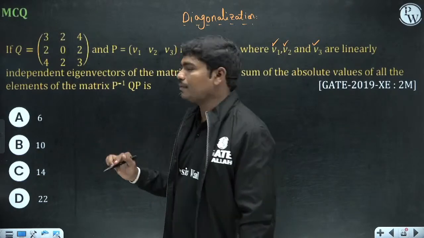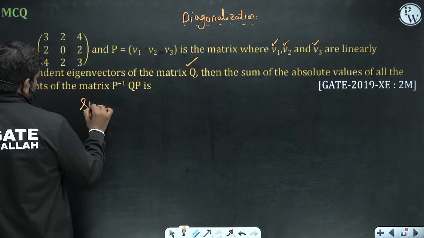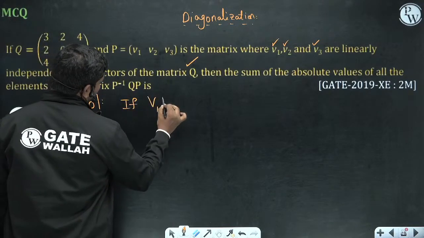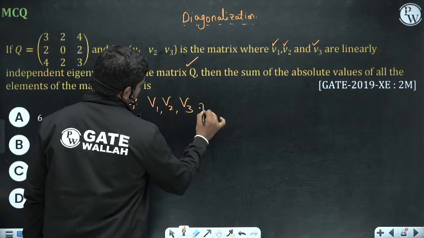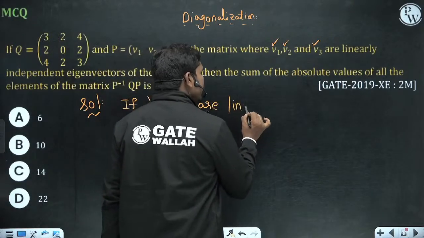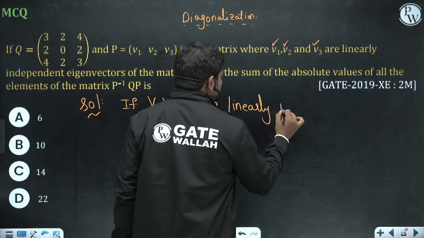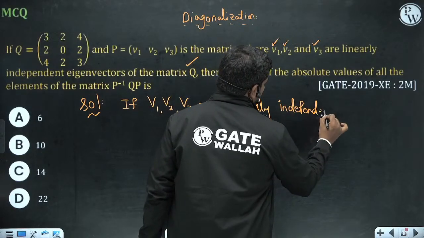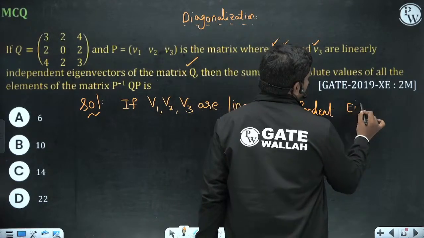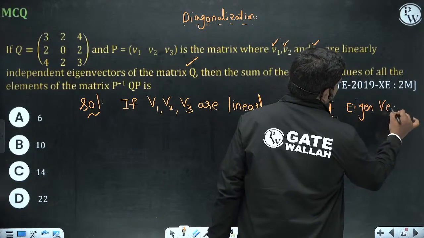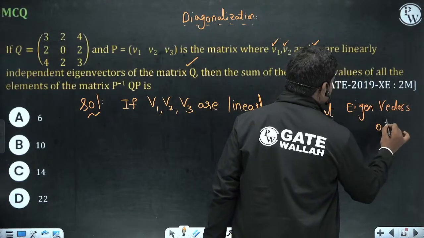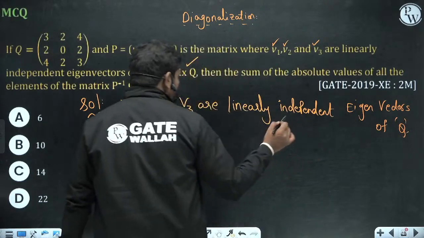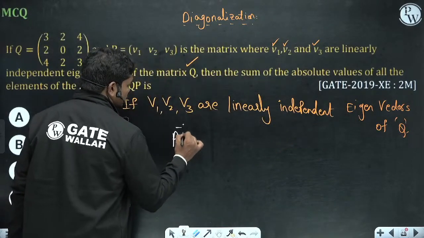Look, basically, if V1, V2, V3 are linearly independent eigenvectors of Q, then we can write P inverse Q P, where P is this matrix with columns V1, V2, V3,